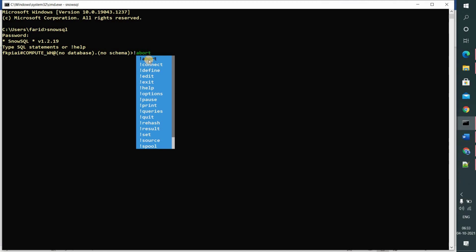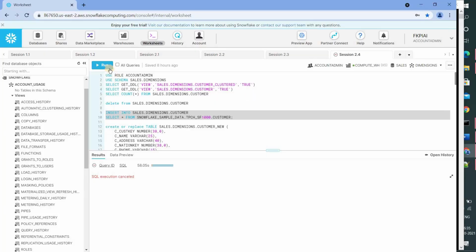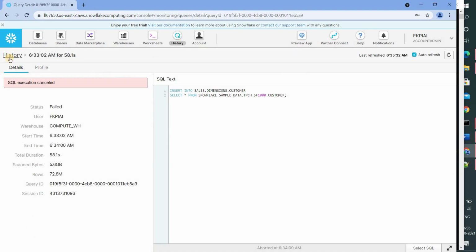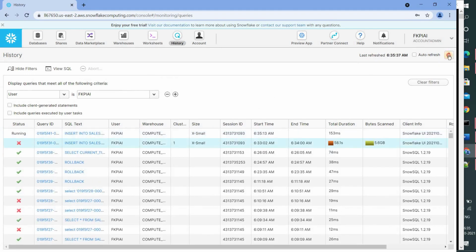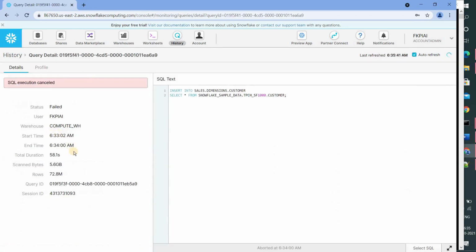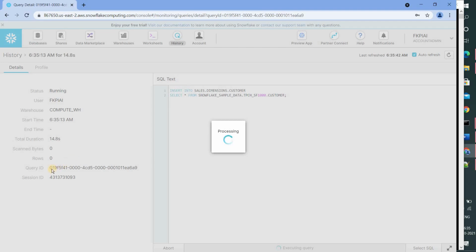Now we are going to see how to abort our queries. Now let's run a query. To pick up its query ID, go to the History tab and refresh again, and read the query ID.